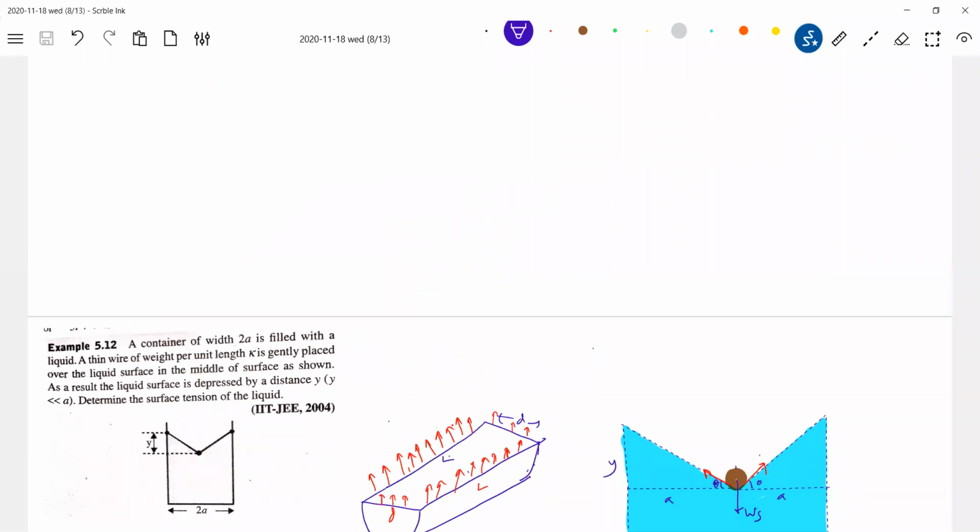JEE Advanced, JEE Mains, the instruction material and the Cengage textbook. Gather numericals from all of them. Focus only on force due to surface tension and the torque related to these numericals. Capillary rise, two parallel plates, what is the height to which the liquid will rise? The moment they ask you to find the height to which liquid rises, it is next week's syllabus. You need not bother. You have to select questions related only to force.